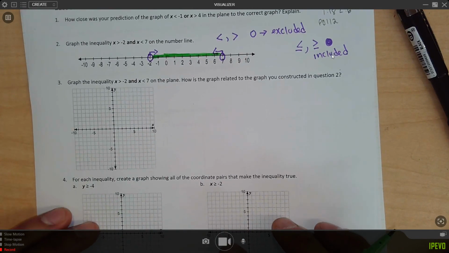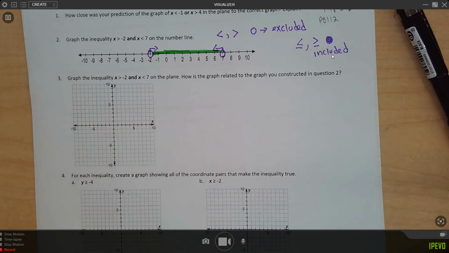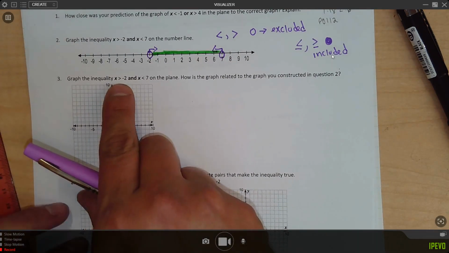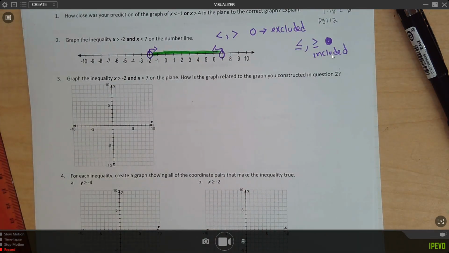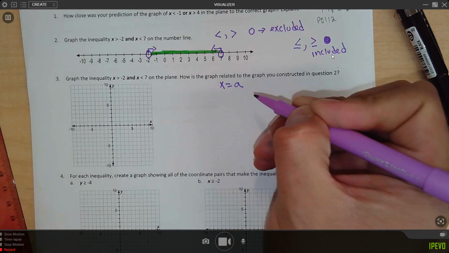All right, so far we're making progress. Let's go to this one now. So how do you graph it? How do we convert this into the coordinate plane? How do we transfer this to this? So for this video, we're going to show you that anytime you have x is greater than negative 2, you need to know two conditions. Anytime you have x equals a number, you're going to have a vertical